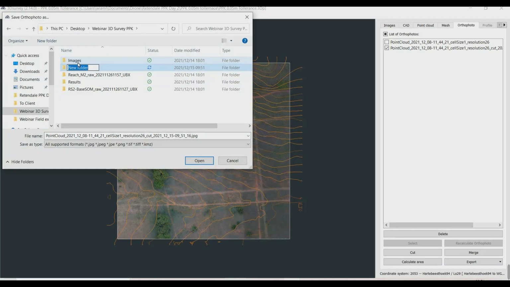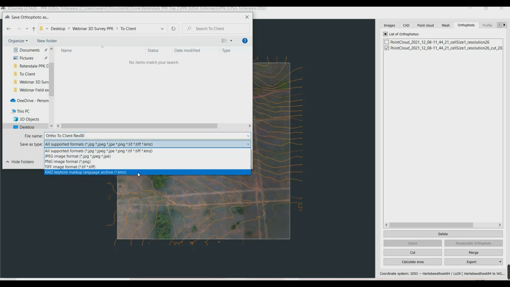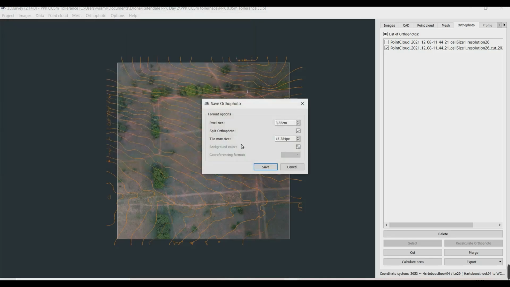So we just create a to client folder here, and then we'll save this as an ortho to client, the revision of 00, because this is our first revision, and then we'll say we just want the KMZ file to be saved. So we'll click on save,